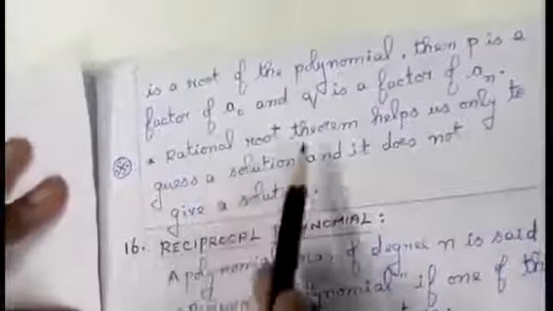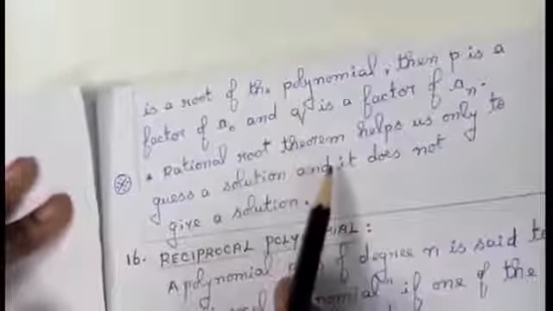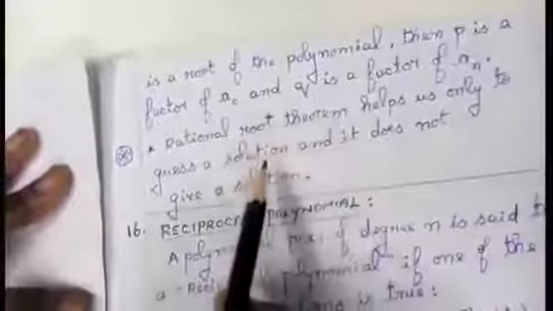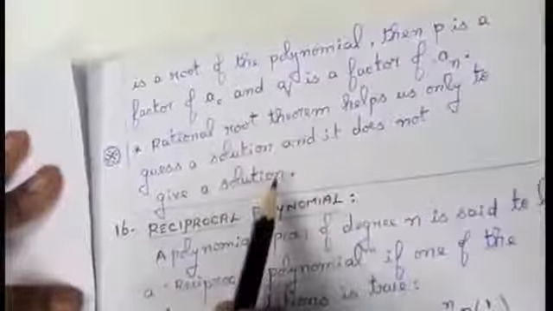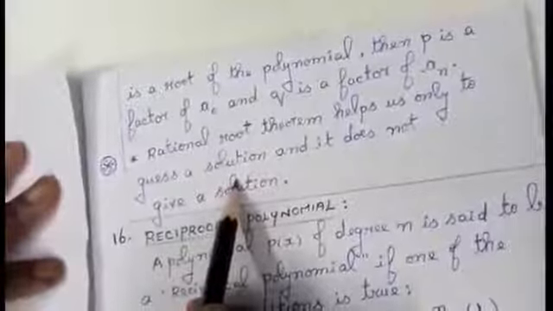So that rational root theorem concept, they have given you for one or two sums. We are just going to apply it and guess the answer. We are not going to get the solution exactly; we are going to guess the solution. Now we are going to start with the second sum.